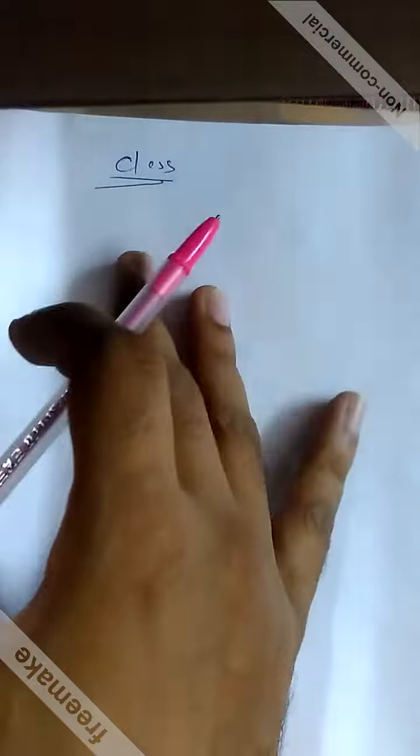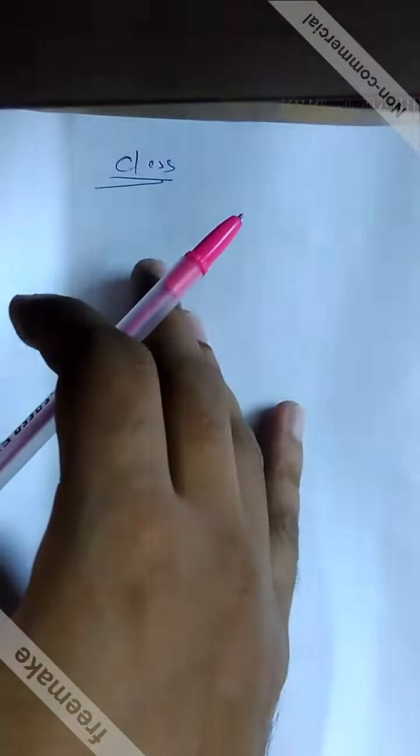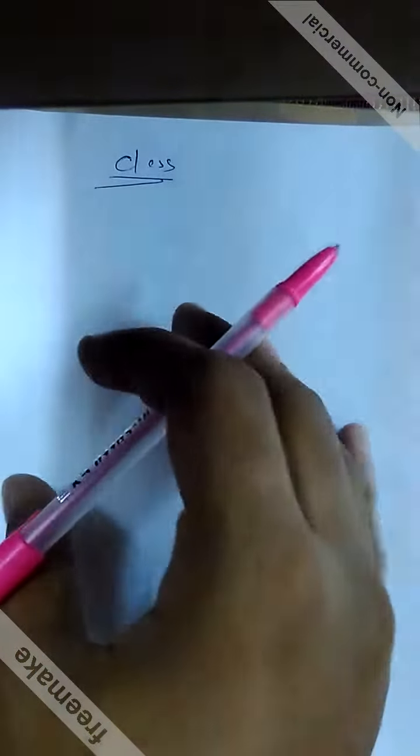So first of all I will talk about class. Class is basically a blueprint for an object. Many people say that the number of objects makes a class, or class is head and objects are its bodies. It's not that case. Class is basically the definition of what an object is, how an object is going to behave, and what properties that object is going to have. This is defined by a class. So you can say that class is a blueprint and object is the implementation of that blueprint.